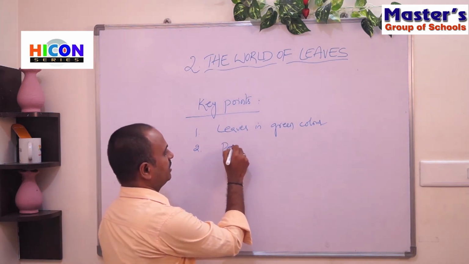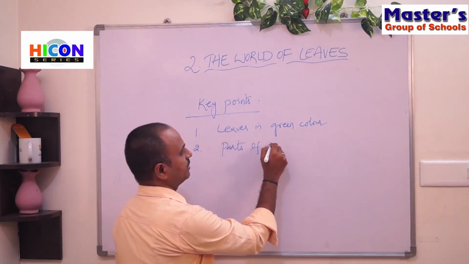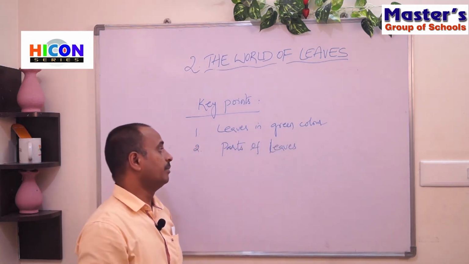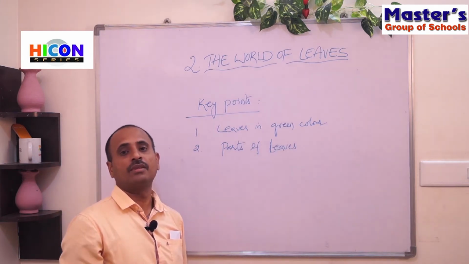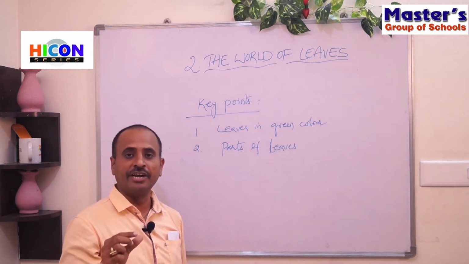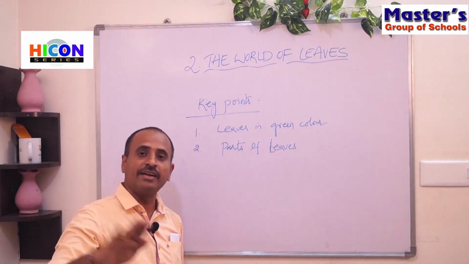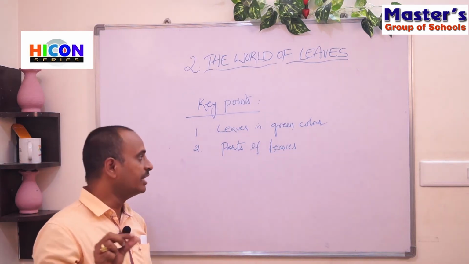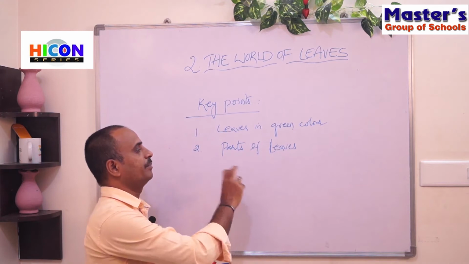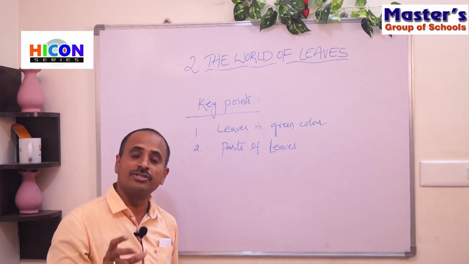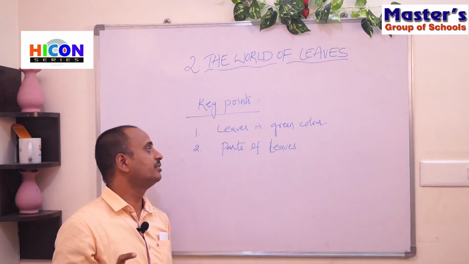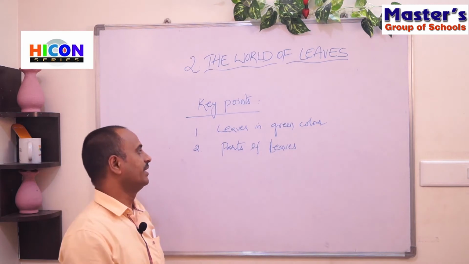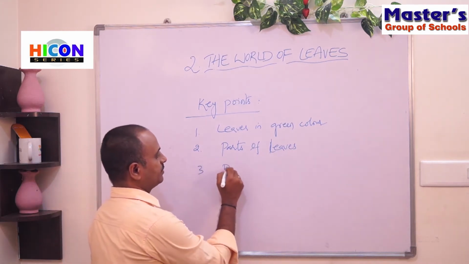And the second one is the parts of a plant. We have discussed different parts, which means the parts of leaves. The main parts of the leaf are the petiole, midrib and side veins, and the flat green part of the leaf is called the lamina, that means the leaf blade, and the leaf tip. These are important parts of the leaves, and we should learn the parts and practice this leaf diagram.